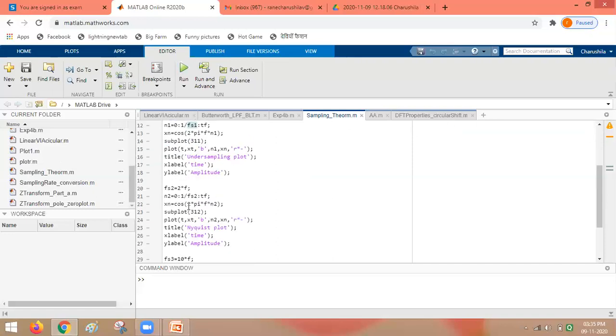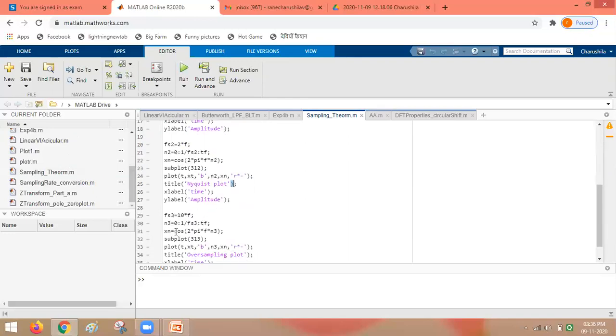In the second case, we will be selecting the sampling frequency which is exactly equal to double the frequency of the original signal. And the respective sampled signal is plotted in the second section of the figure window. The title is given as Nyquist plot. X label and Y label are also allotted to the waveform displayed.